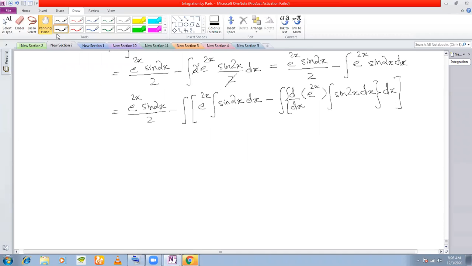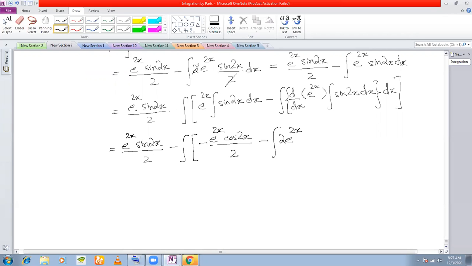Okay. And this is e to the power of 2x sin 2x by 2 minus integral, this is e to the power of, what is the integral of sin 2x? It is minus cos 2x. So this becomes minus e to the power of 2x cos 2x by 2 minus integral, the derivative of e to the power of 2x is 2 e to the power of 2x,